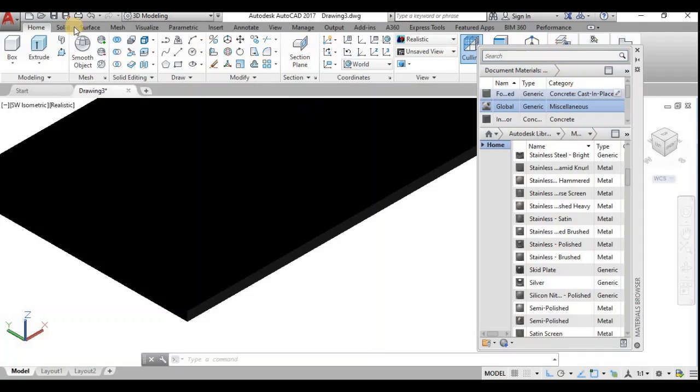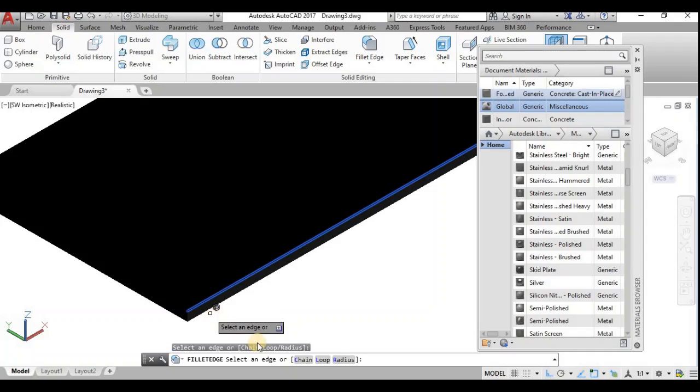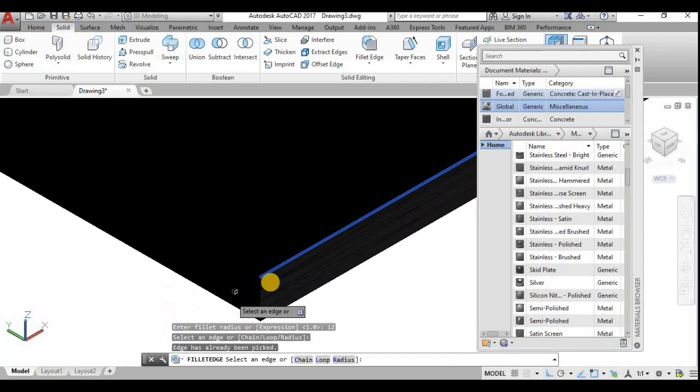There will be some carving in these corners, so I shall use the fillet edge command, which is in the solid tab. In this corner I shall carve with a radius of 10 mm, or you can use 12 mm, because we will have full curves. You can carve this edge.